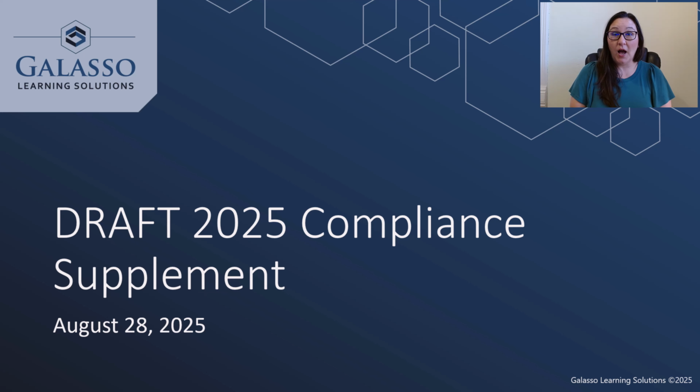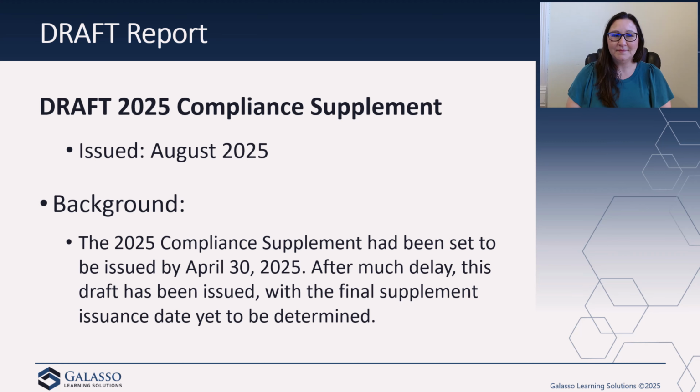On this week's blog, we're going to be looking at the draft version of the 2025 Compliance Supplement. So yes, exciting times. We are finally seeing at least a draft version of this 2025 Compliance Supplement, which just came out in August of 2025. The OMB released this to the AICPA's GACQ group. And so if you are a member of the AICPA, you can go online and download this draft version of